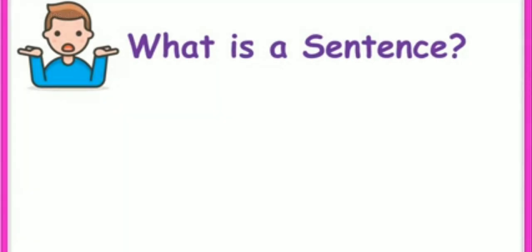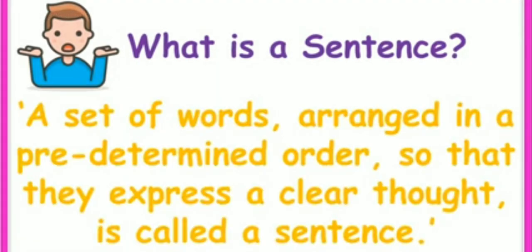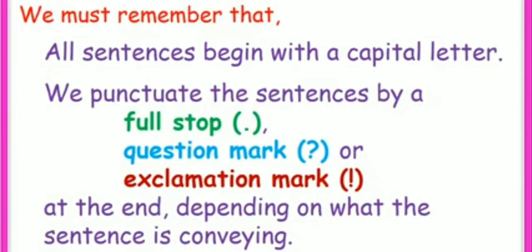A sentence, a set of words arranged in a predetermined order so that they express a clear thought, is called a sentence. We must remember that all sentences begin with a capital letter. We punctuate the sentences by a full stop, question mark, or an exclamation mark at the end, depending on what the sentence is conveying. Based on their purpose, we classify the sentences in the following four types: